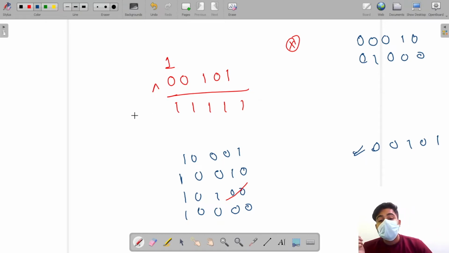This is not a real number, because after finding the value of x, when I perform the XOR operation between this x and this selected value, definitely I will not get this as an output. My actual maximum XOR value will be something else. The maximum XOR between this x and this selected value will be something else, and I have hypothetically imagined that my maximum value is this. Now moving forward,